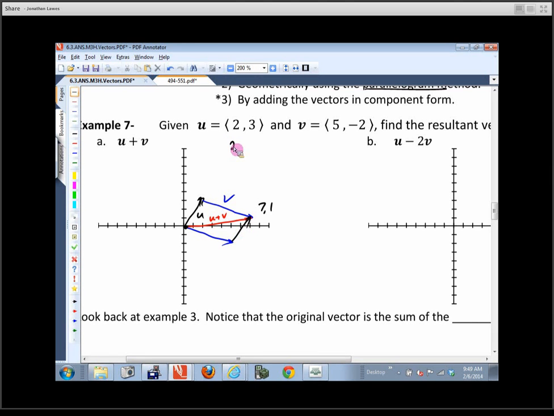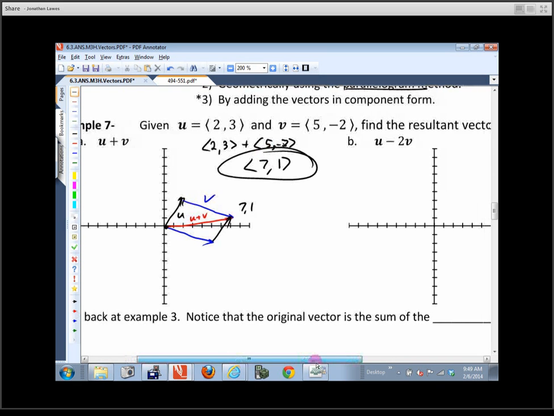What do you get when you take 2, 3 in component form and add it to 5, negative 2 in component form? Well, I add the horizontal components, that gives me 7. I add the vertical components, that gives me 1, and isn't that the answer? Okay. Any questions? So, be familiar with tail to tip, be familiar with the parallelogram, and be familiar with the fact that you can actually just do them